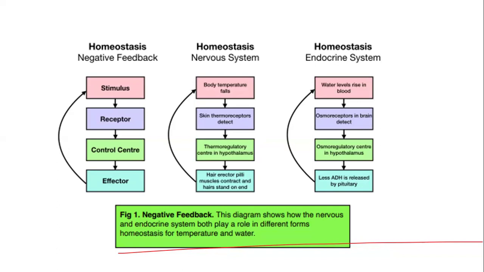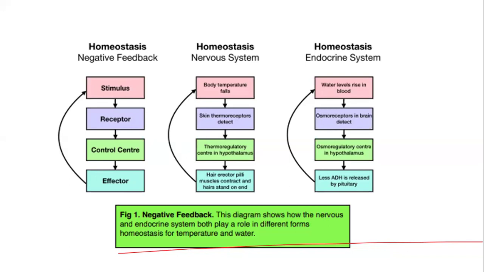So it means that excess water must be removed from the body, okay? So what happens, the osmoregulator in the hypothalamus is going to cause less ADH to be secreted by the pituitary gland, the posterior pituitary lobe. So when less ADH is secreted, it means that now in the nephron, we are going to have the distal